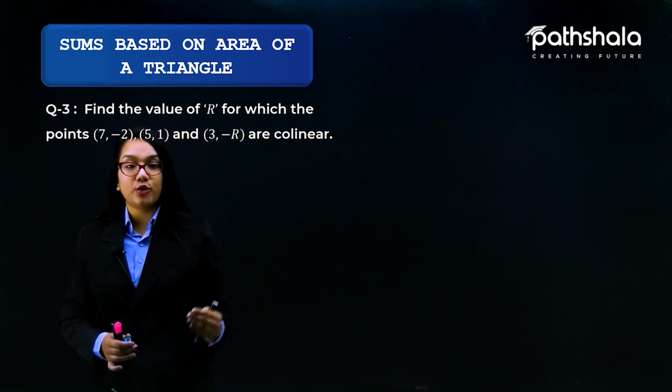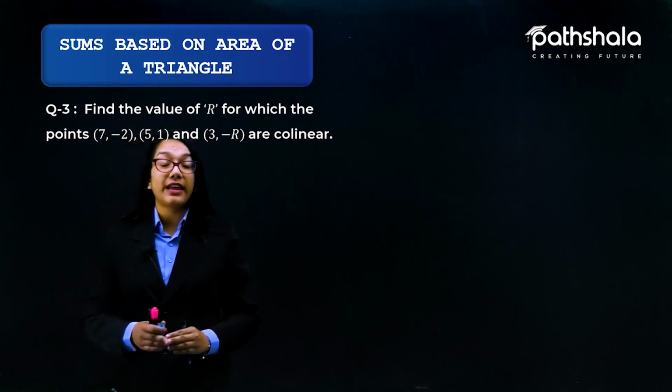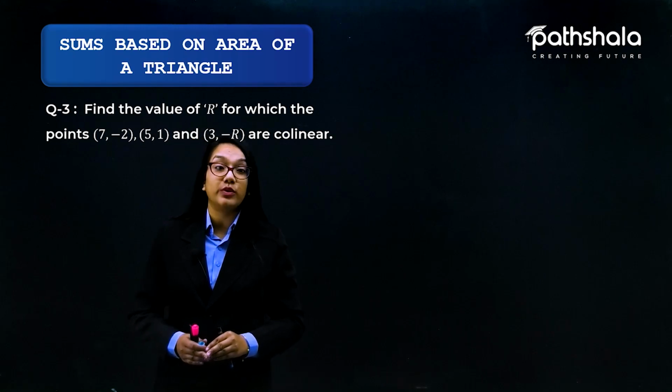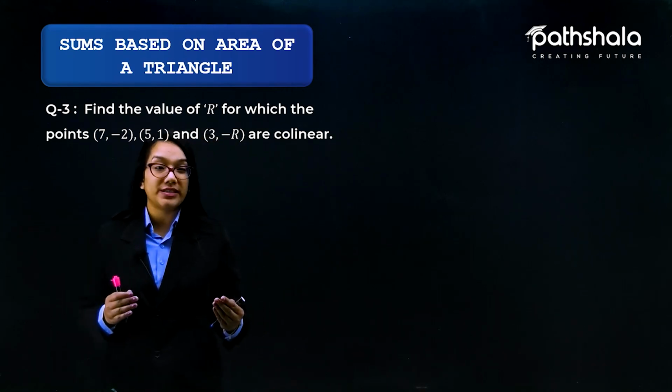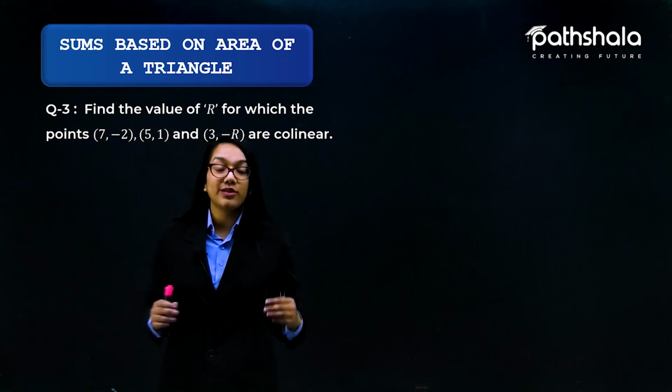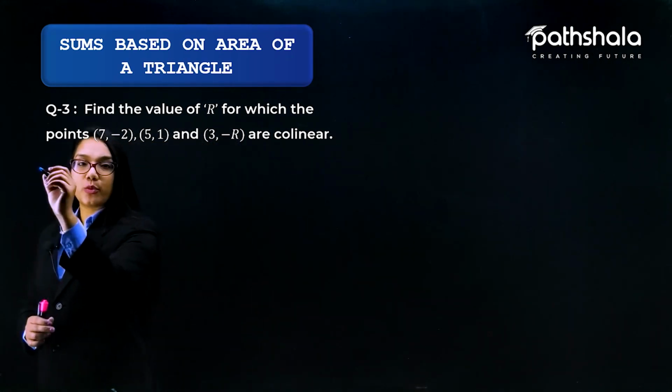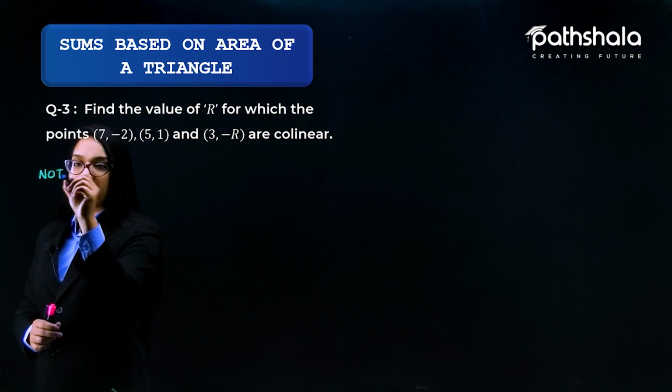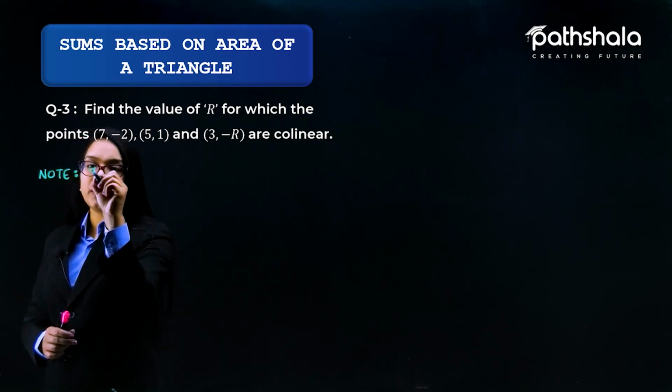The points are said to be collinear if we can say the area of the triangle is equal to 0. Because if the area of the triangle is equal to 0, it means the 3 vertices are lying on the same straight line. So always remember, let us suppose I am writing a note over here that the 3 points